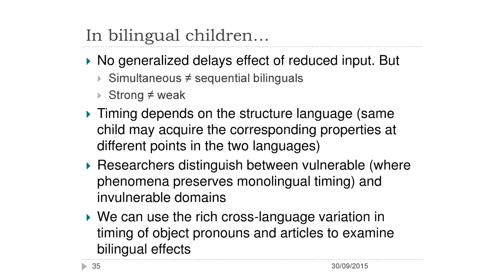Well, we can use these patterns of variation to look at bilingual children. Some assumptions. We don't have a generalized delay. It's been disproven that bilingual children are simply late. If you see results like that in the media, mind a few things. Are we talking about children in their first language or their second language? So if you were born in a Korean household and you didn't learn English until 4, of course things are going to be slower in English. That's no mystery. You need time to catch up.